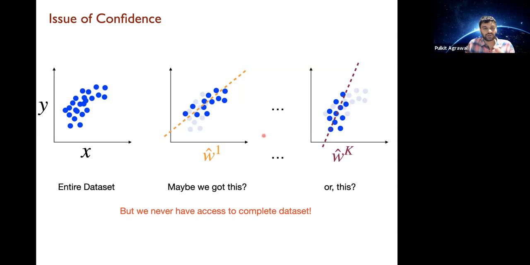So a natural question is, given I have a finite data set, how much confidence do I have in the estimator that I have learned? Equivalently, you could ask, how close is the estimator that I have learned to the ground truth estimator, which is W in this case,